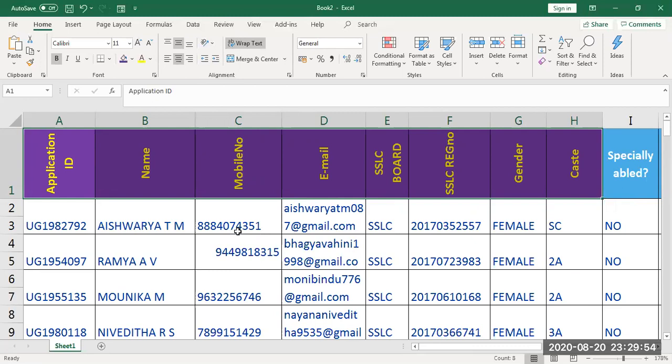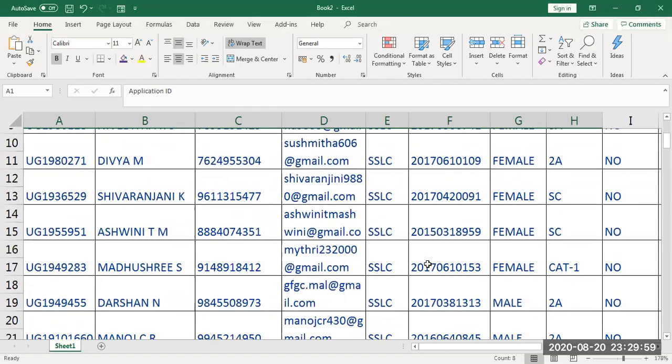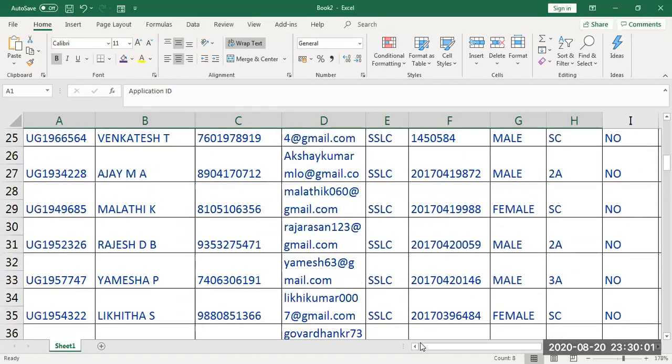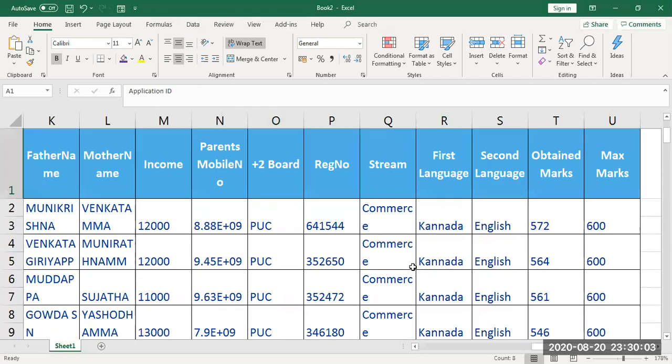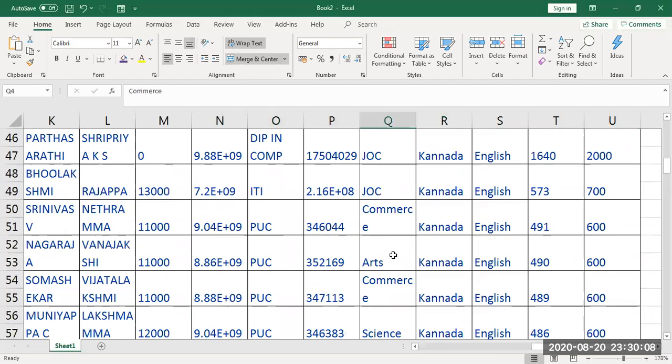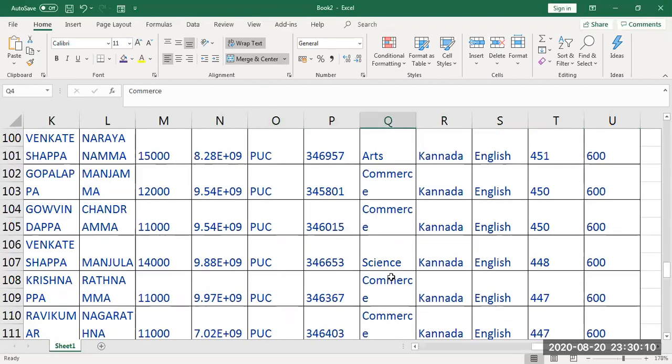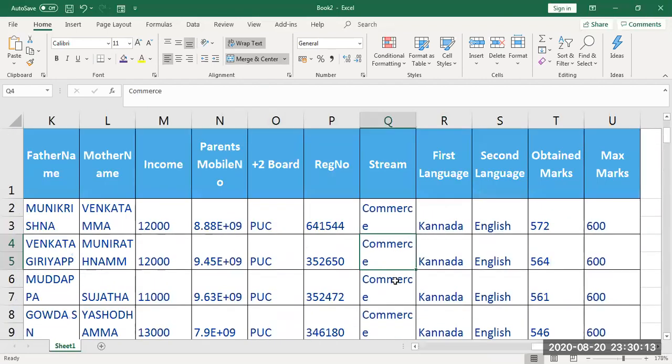Next important thing we need to discuss is, if I want to arrange, see, if you can see here, a different combination of students are there. If you can observe the stream, commerce is there, then arts is there, science is there, all combination of streams are there. So I want to arrange based on the streams. In that case, whichever you need to sort it out, arrange in a particular order, select that field. See, I have selected the entire thing. I am not pressing in the stream, you have to press in the queue.